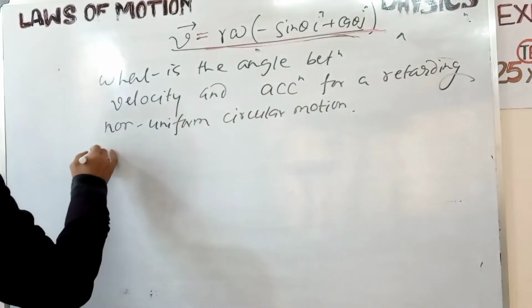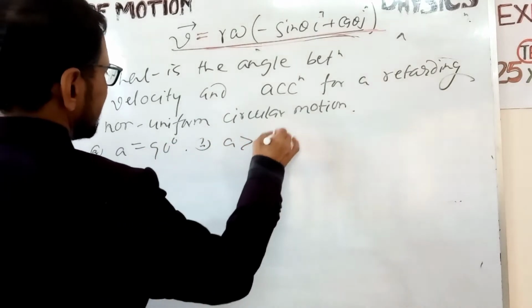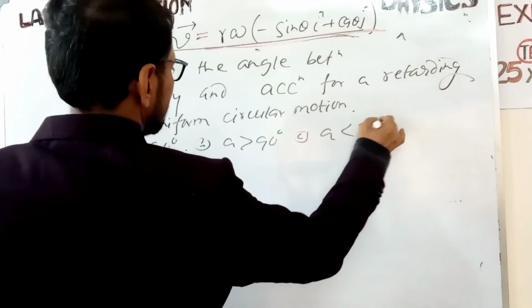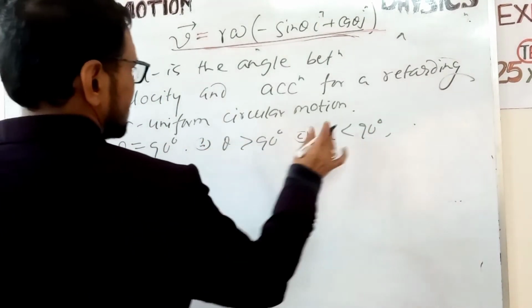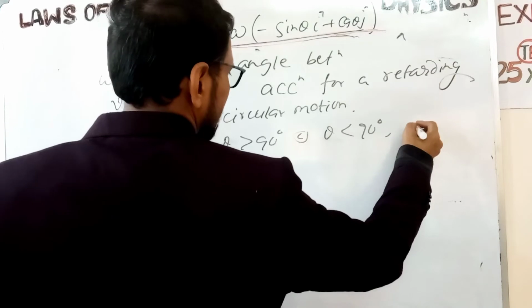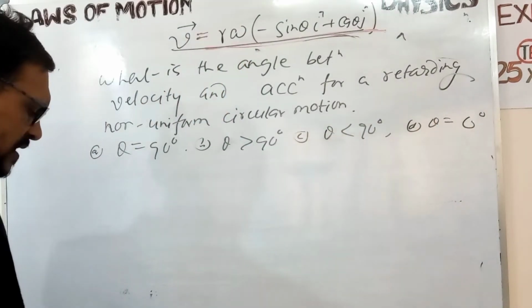What is the question? Here the options are A equal to 90 degrees, B greater than 90 degrees, C less than 90 degrees, and D theta equal to 0 degrees. Which option is correct? So if we draw the picture,